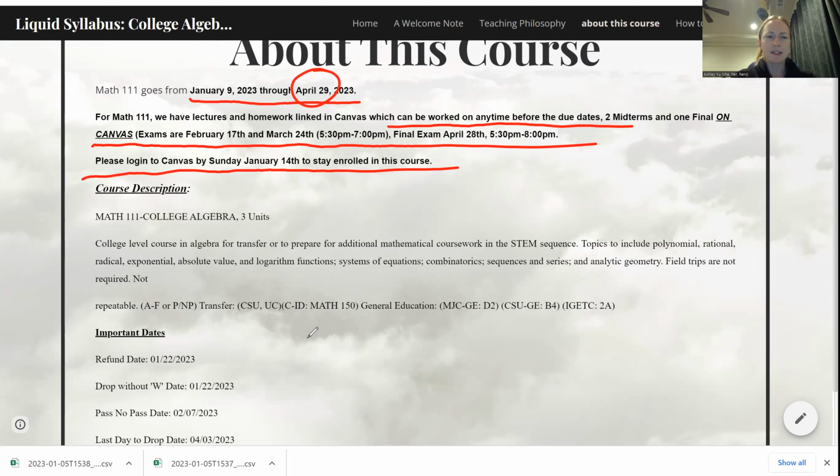Because if someone hasn't logged into Canvas, even not like you have to do a whole homework section or something, but I just want to see that you've actually been into Canvas. Because if you haven't, and that's the 5th day of class, then it kind of seems like you might not want to be in the class. So yeah, because I think that's a big problem.